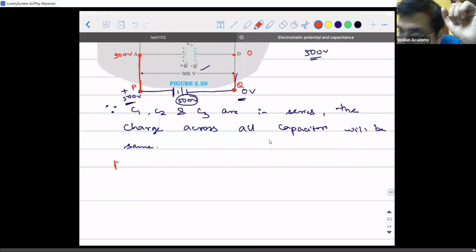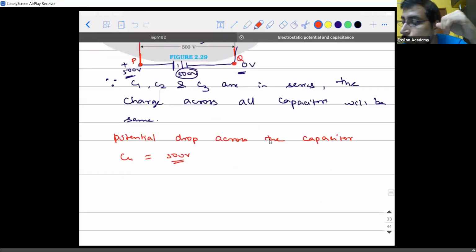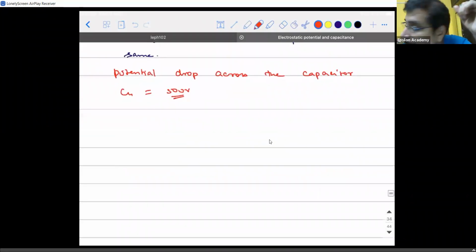So the potential drop across the capacitor C4 is 500 volt. Is that clear? So now see what is going to happen. Okay, listen. Now what is going to be the charge on capacitor C4? What is going to be the value of Q4? Can I write Q4 is equal to,